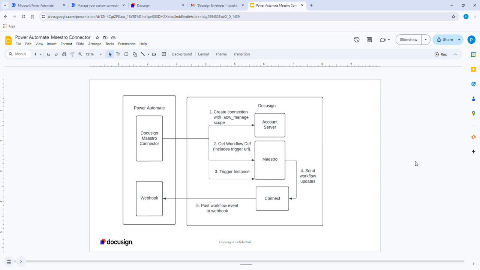On a high level, this integration includes the following components shown in here. The DocuSign Maestro connector makes an OAuth call to account server requesting a token with all the scopes needed for making Maestro API calls. Then it uses this token to get a latest trigger URL for the workflow we are trying to trigger. And then it makes a post call to this trigger URL with all the required variables to